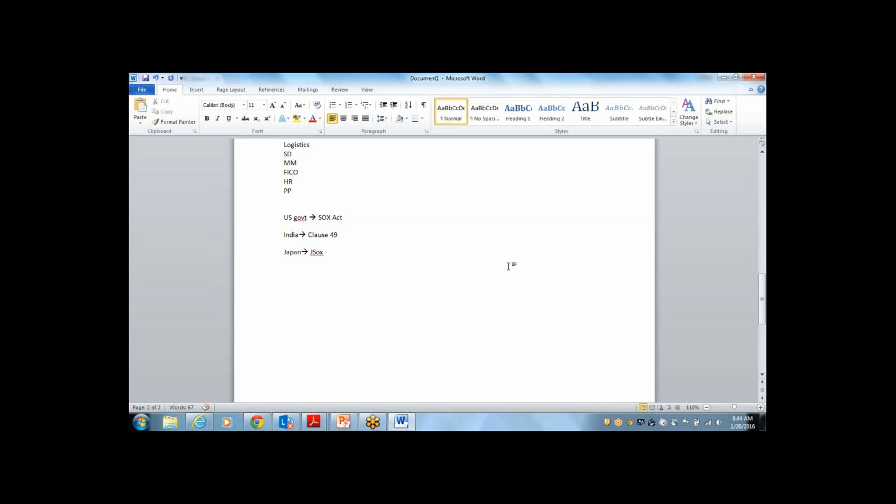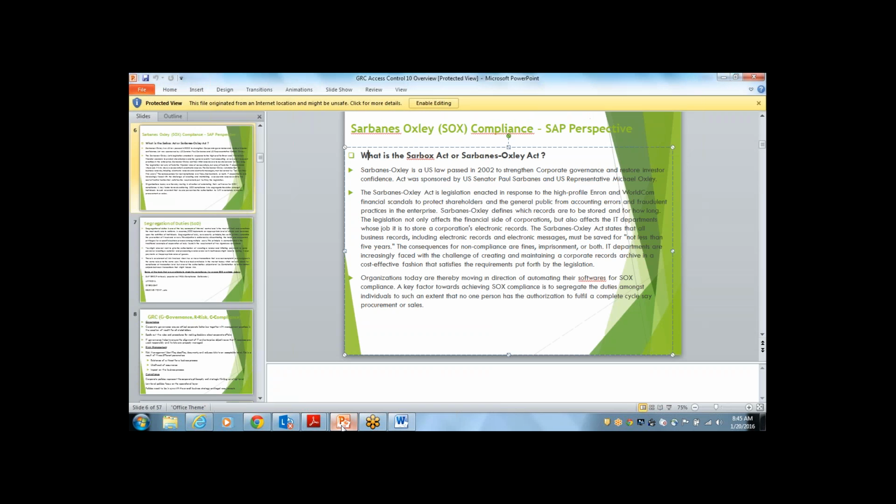Okay, and what is risk? A kind of threat which is going to happen in the future. And if anybody has complete control with a critical combination of T codes, that is nothing but risk. And what is compliance now? The compliance is nothing but the precautions or rules and regulations or policies which you are going to follow to avoid risk in the company. So that is commonly called GRC. Okay, and we try to understand SOX and SOD in simple terminology.